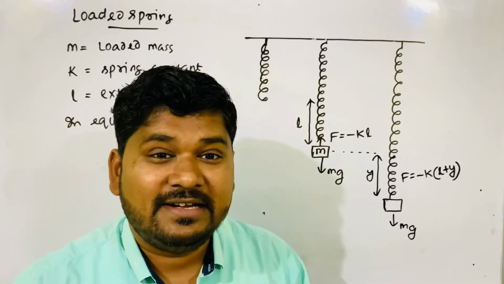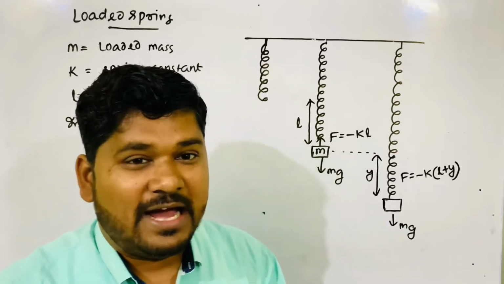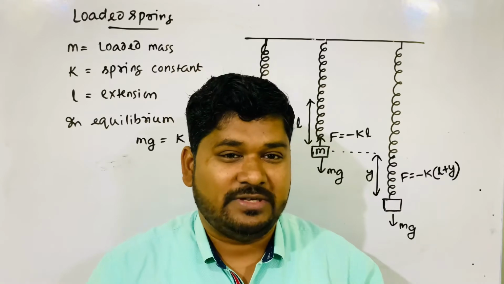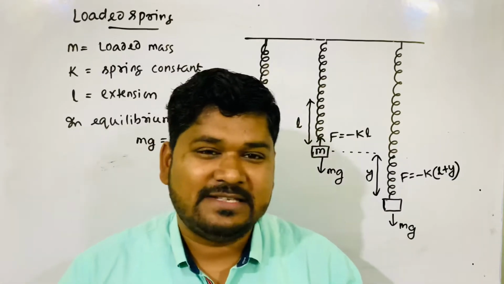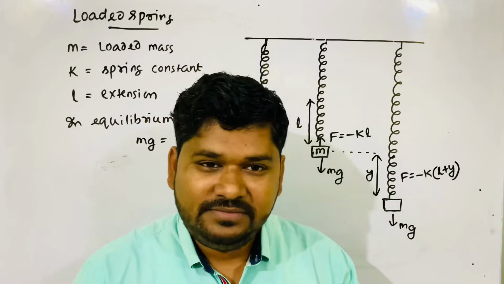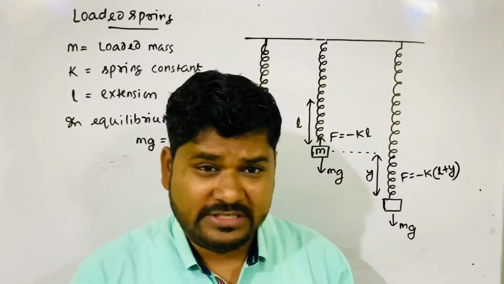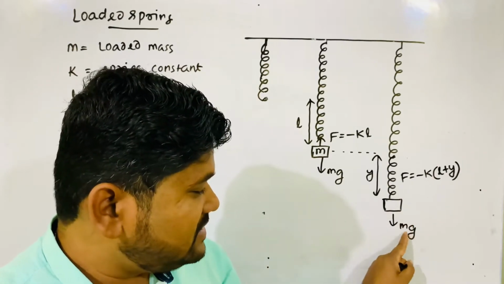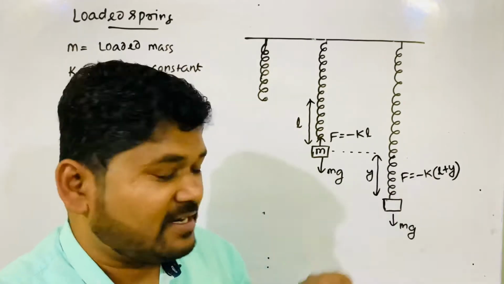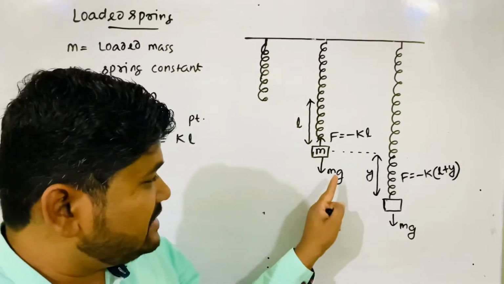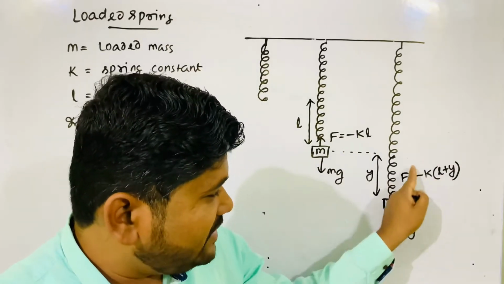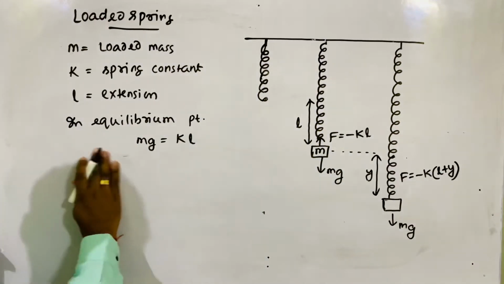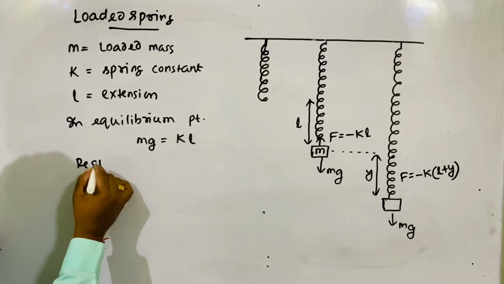And how much more? That is the restoring force. Our job, as I told you, is to find only the restoring force, then your work is over. Restoring force, then acceleration, then proof, then omega. This is the general format I explained to you in the simple pendulum. So how much restoring force acts here? This force minus this force, because this force is greater than this. It's very clear because mg is equal to only kL, but there is something extra. So what is the net force acting in the upward direction? That means the restoring force.